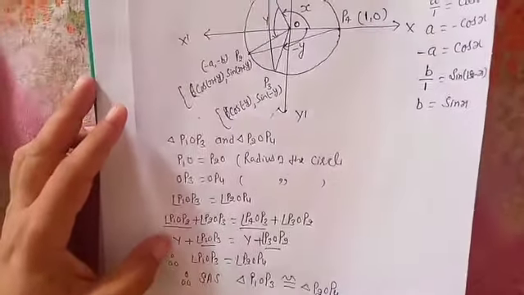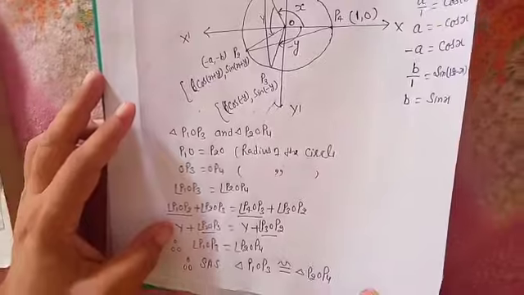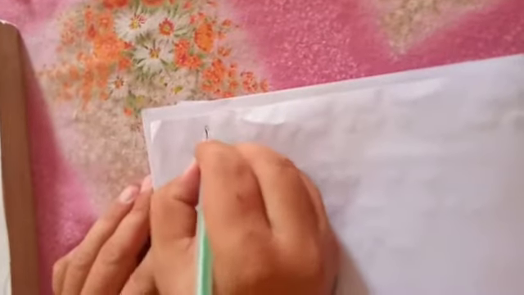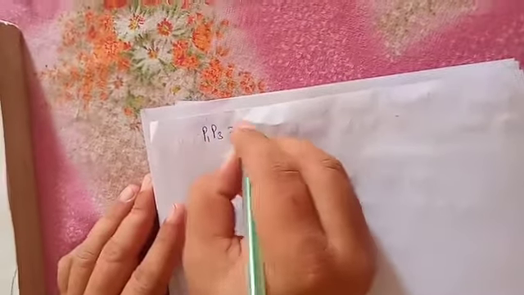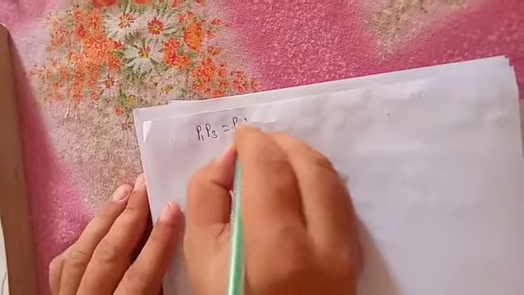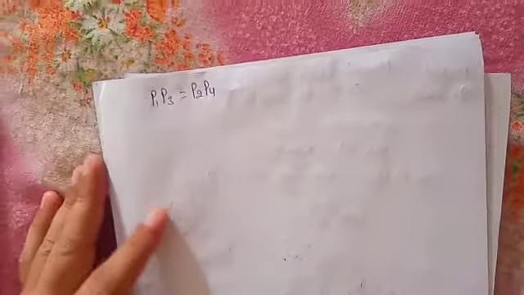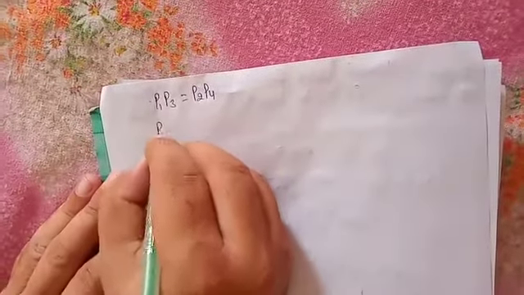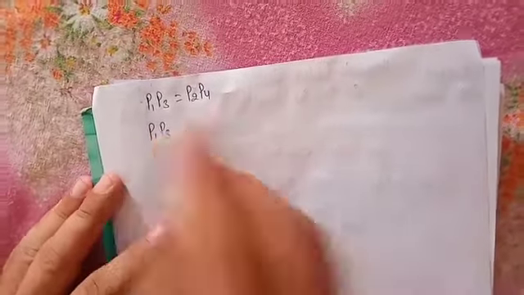By the congruency rule, if triangles are congruent, it means P1P3 is equal to P2P4. Yes, and after this you can apply which formula? Distance formula. So first we are finding out P1P3